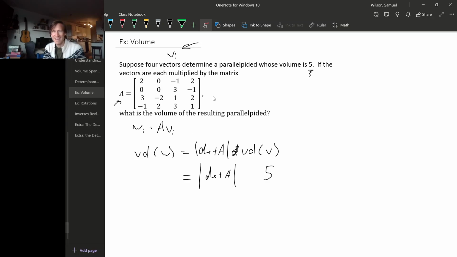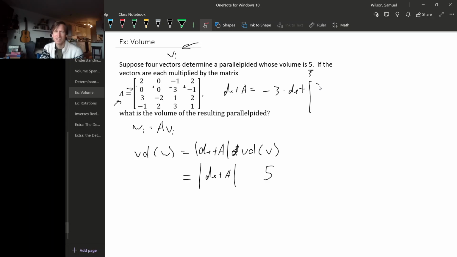Now A is 4 by 4, so calculating its determinant should be messy, but there's a column here, or actually a row, either one, that has a couple zeros in it, so that'll be nice. Let's expand across the second row. So determinant of A is, across this first row the signs are going to be minus, plus, minus, plus. So first two entries give us zeros, and then minus 3 times the determinant of, it's a 3 by 3 determinant,